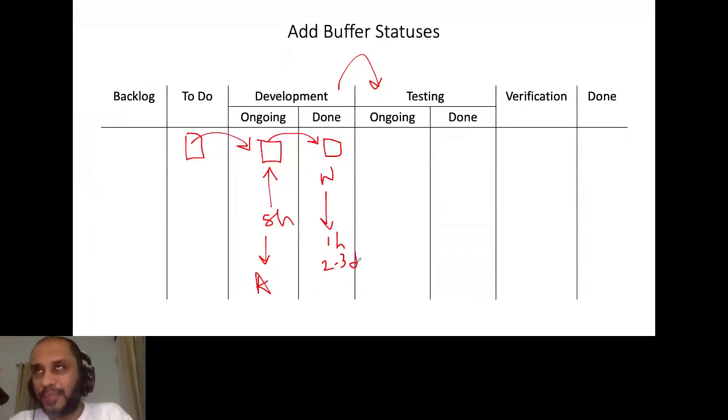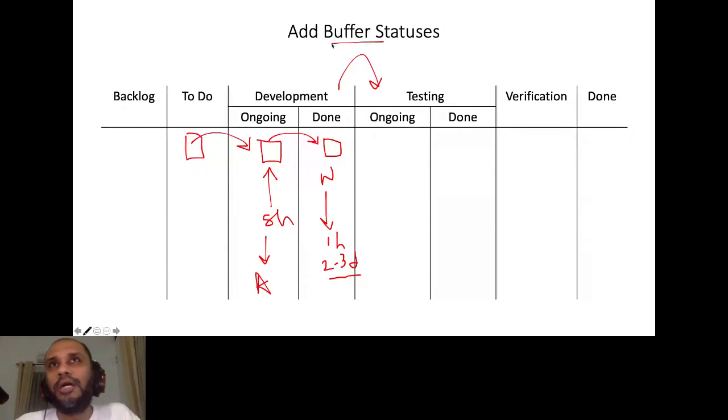Now, especially in Kanban, especially when it comes to work and continuous improvement. Agile again is all about continuous improvement. When it comes to Agile, when it comes to Kanban, we want to see where we can actually cut down in terms of waste. Sorry, 2 to 3 days waiting is something we want to cut as much as possible. So we would like to see where these problems are happening, right? When we have situations like that, we can add these buffer statuses to make our workflow much more visual.